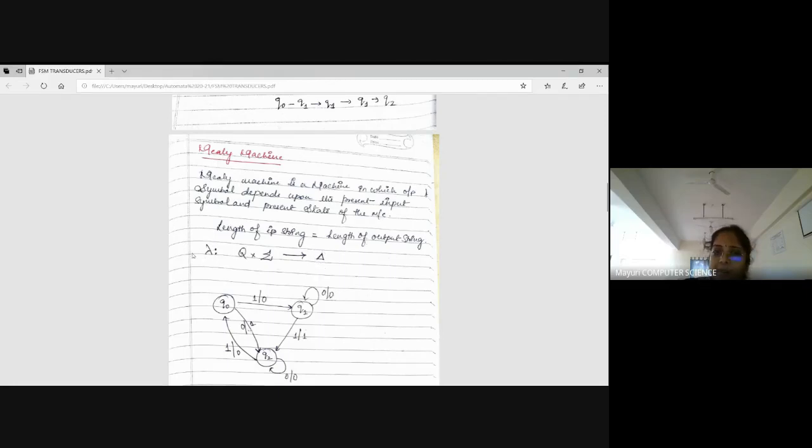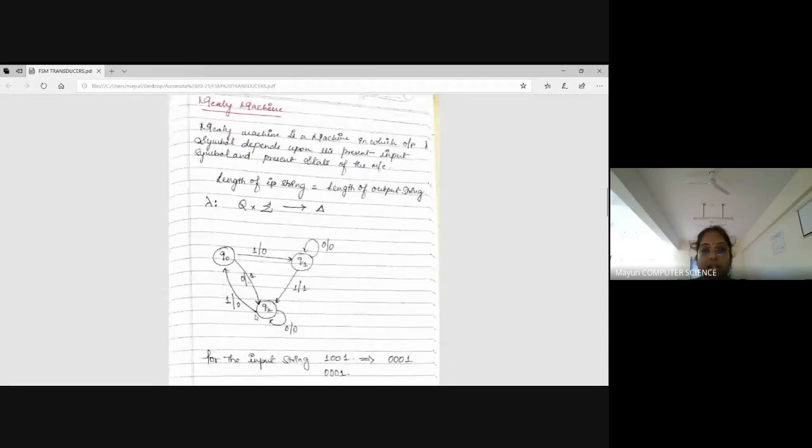So now, how about your output? You're going to write the overall machine function that is called lambda. Here the output is dependent on the state and the input alphabet. From which state I'm going, which input I'm considering, so that I will get the respective output. Understood? So a Mealy machine is a machine in which the output symbol depends upon the present input symbol and the present state. But in this case, the length of the input string is equal to the length of the output string, not plus 1.